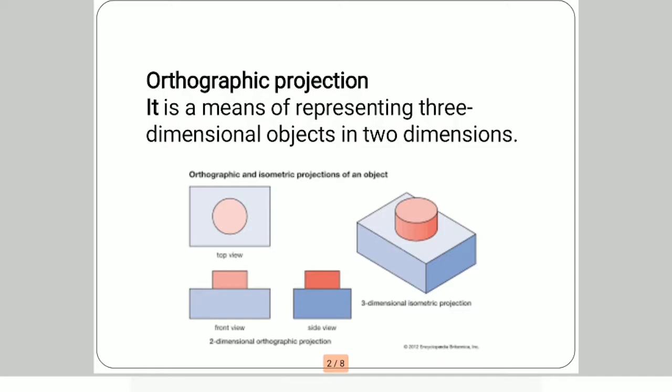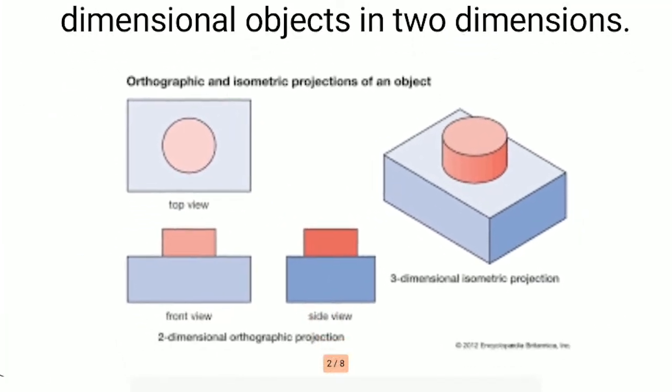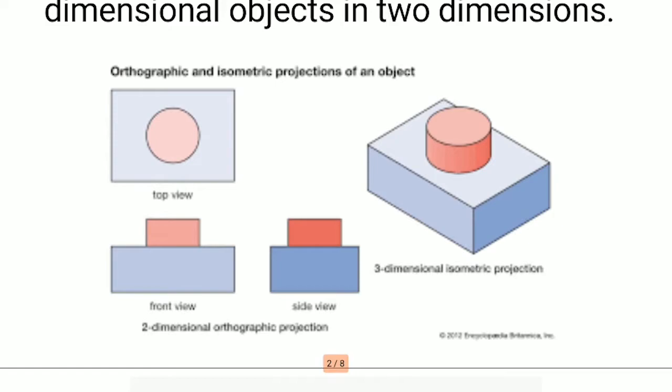Now suppose, look at this. This is a three dimensional object, so it is also called an isometric projection. Of this three dimensional object, you may draw a two dimensional view, that means the above view or top view. So this is the two dimensional top view of that 3D object. So it is converted into 2D mode.